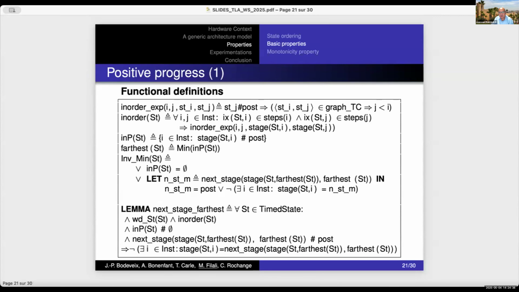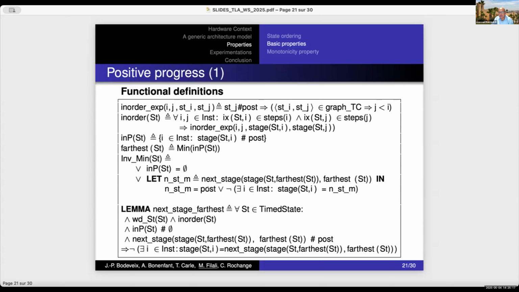And this invariant says that either the pipeline is empty, or if we consider the next stage of the farthest instruction, this next stage satisfies the following predicate: either this next stage is post, or there is not any instruction currently on this stage. And what does this mean intuitively? It means that for the farthest instruction,